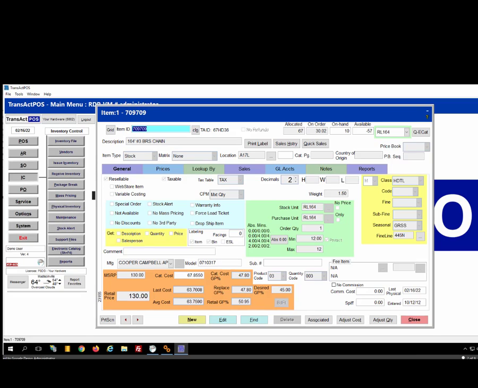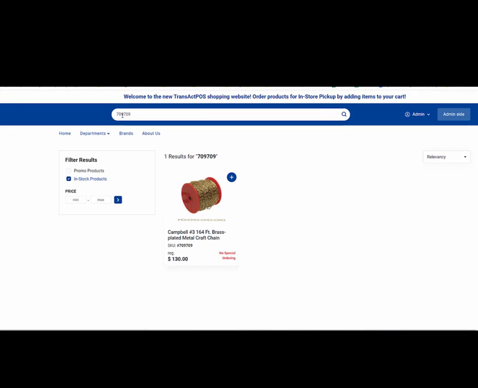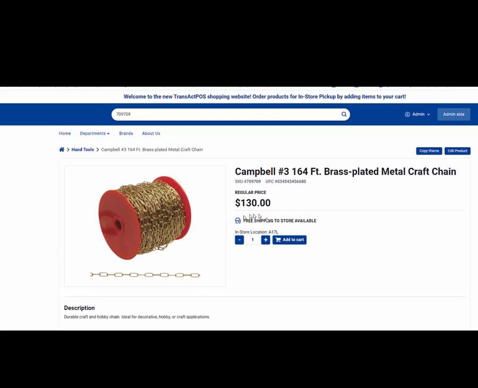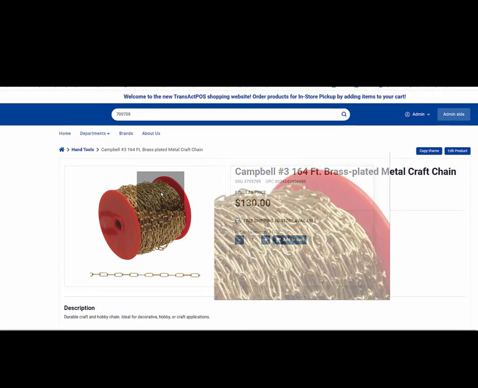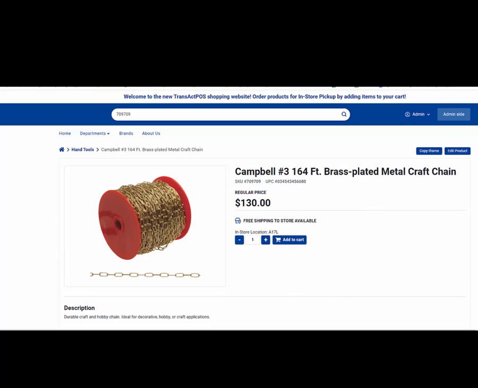Let's look up that same item. And so there is the 130, and we have it at A17L in the system. Let's come back around to the